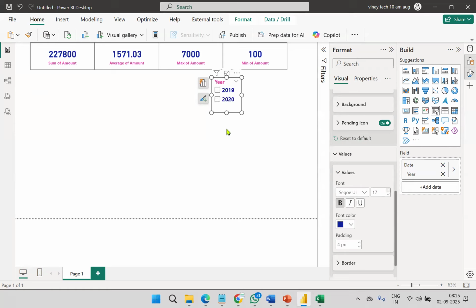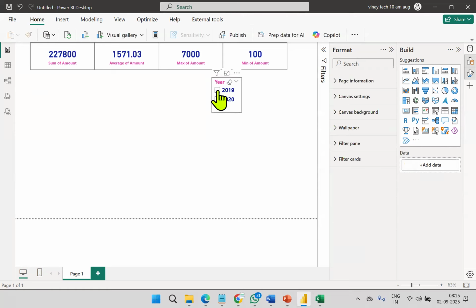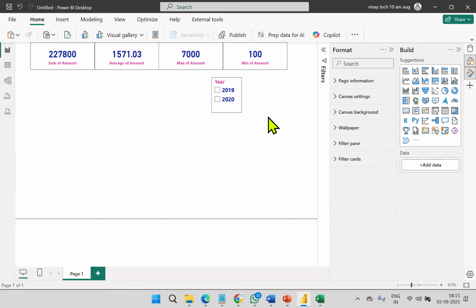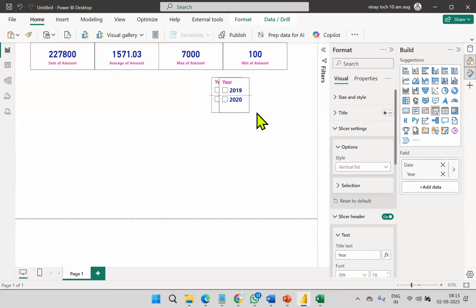Size. If you select 19, you get 19 total, average, maximum. If you select 20, you get 20 total, average, maximum. If you want to clear, clear. Or you can select both by pressing control. Similarly, month is required. So what I will do is copy paste. Earlier I explained format copying. Now visual copy: just go there, Control C, Control V, or copy, paste.